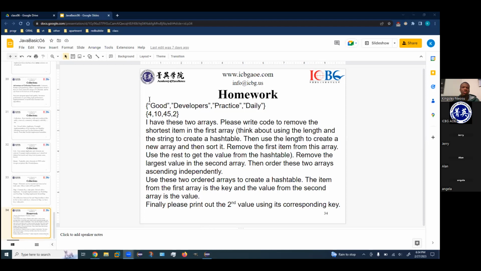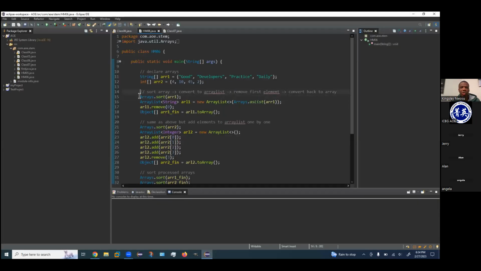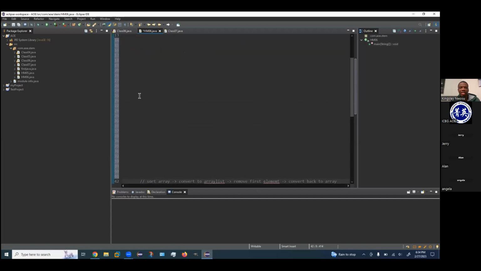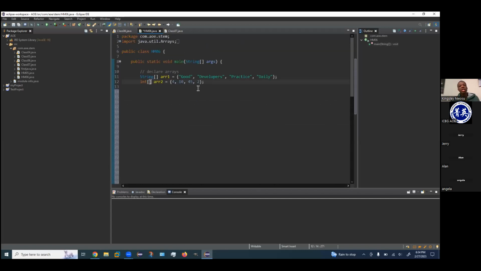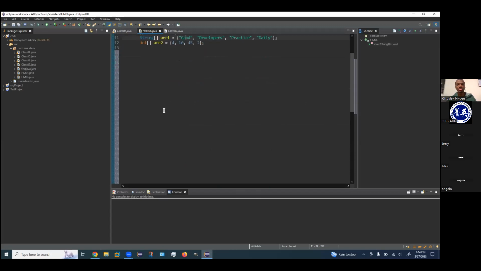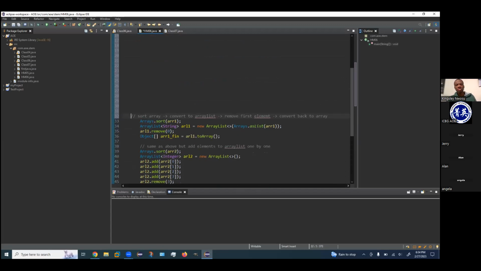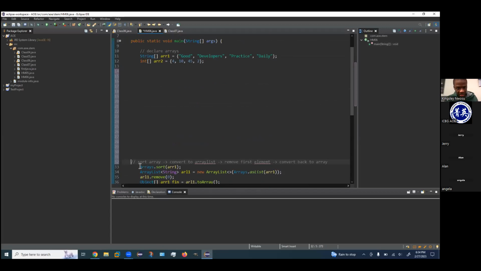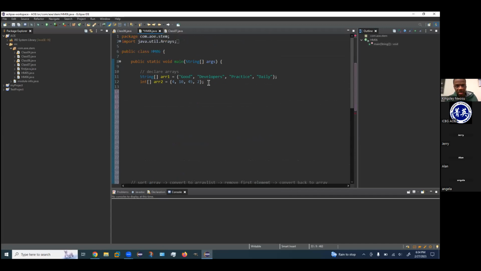So let's go over to my code here. I don't want to spoil anything yet, so I'll just move all that down and I'll bring it back up as I need to. All right, so in my Java code, I have my string array that I call R1. That's just the strings. And I have my integer array, R2, that's just the integers in the homework assignment. So let's bring some stuff up. Our first objective is, actually, I think it's just this stuff here that I want to, yes, let's copy that. Okay, so our first objective is to